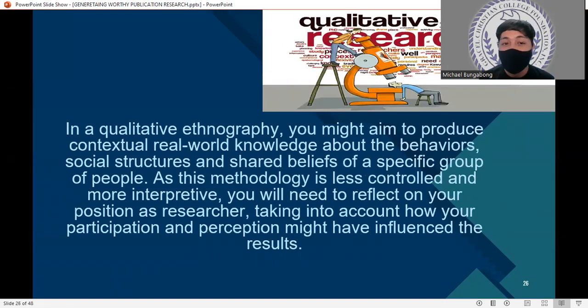So in a qualitative ethnography, you might aim to produce contextual real-world knowledge about the behavior, social structures, and shared beliefs of a specific group of people, as this methodology is less controlled and more interpretive. All right. So you will need to reflect on your position as a researcher, taking into account how your participation and perception might have influenced the study. All right. So I think in this case,